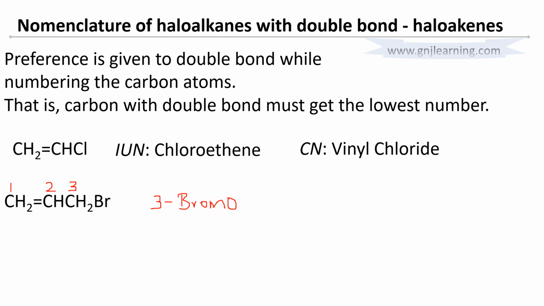Propene. So I will write it like P R O P. Before writing ene, I should mention the carbon on which the double bond is. It is on the first carbon, ene. So, 3-bromopropene. Clear. So since it is one, it is not always necessary to mention it, because if it is not